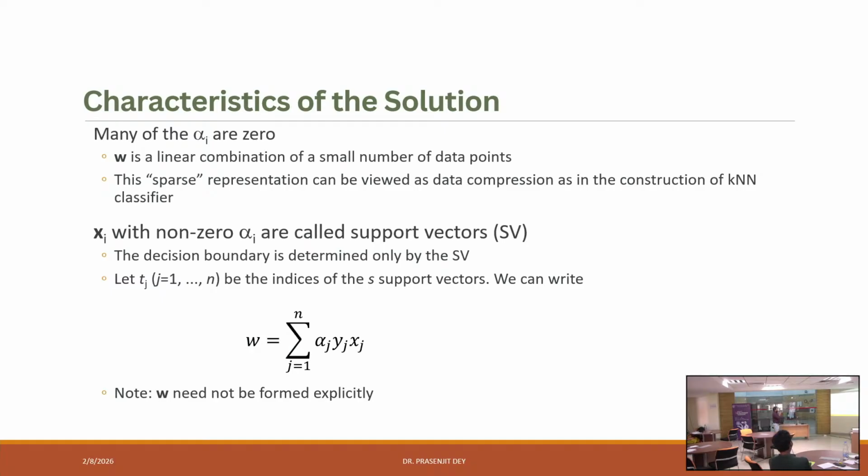W is a linear combination of a small number of data points. This sparse representation can be viewed as data compression, as in the construction of a KNN classifier. What I mean to say is that only a few data samples are going to take part in the orientation and position of the decision boundary, and most of the points will have no influence on it. So xi with non-zero alpha I are called support vectors, like I told many times before. The decision boundary is determined